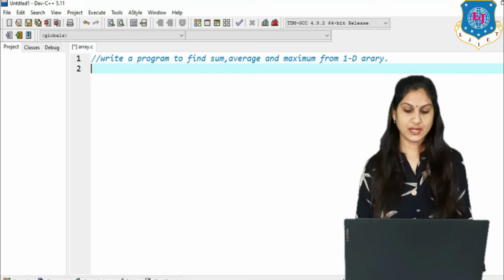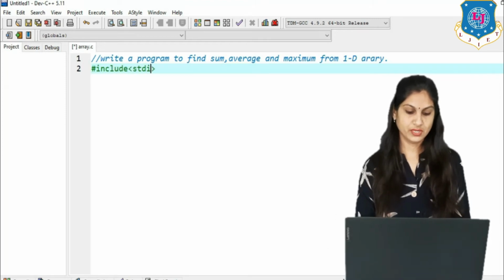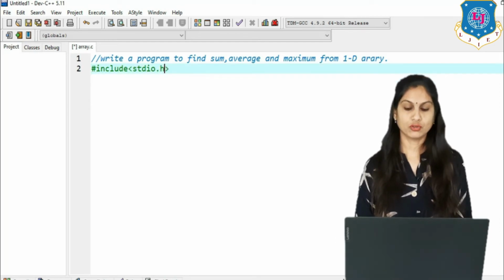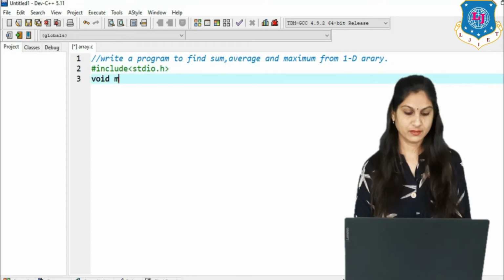Clear? So for that first we have to write the header file, that is #include <stdio.h>. Then after including the header file we have to write void main.